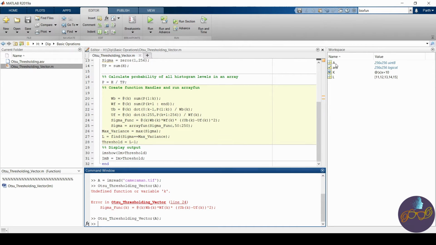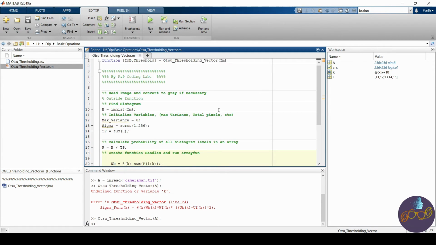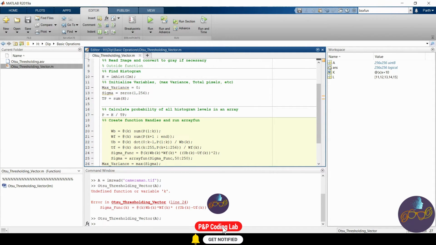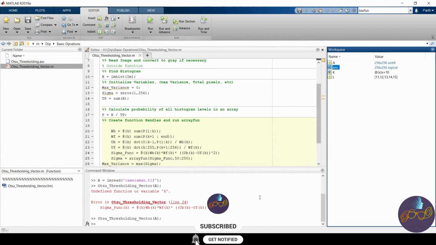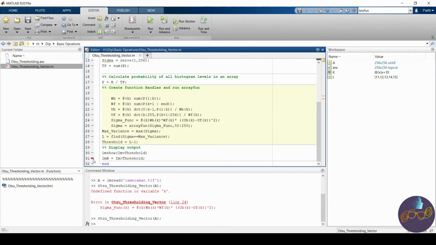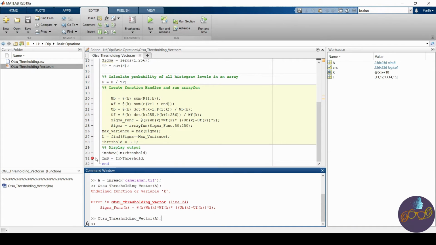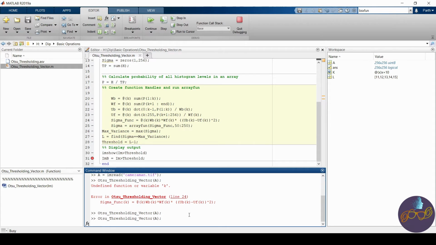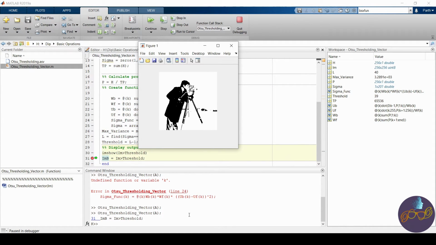Let us check what the threshold value was. I haven't taken the output, so there is only the image. But yes, we have performed the exact required task. Actually, let me run once again using a breakpoint here, so we can observe the variables. Now it's speedy, because the first time I ran it, it was taking a long time.